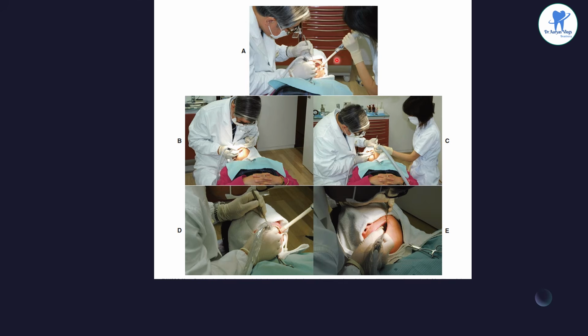Here, for the maxillary right posterior sextant, buccal half of the occlusal surface reduction, the dentist is at the 9 to 11 o'clock position in relation to the chair, and the patient turns the head to the left to improve the dentist's direct vision. For the palatal half of the occlusal surface reduction, including functional cusp bevel, the dentist is at the 11 o'clock position and the patient turns the head to the right to improve the